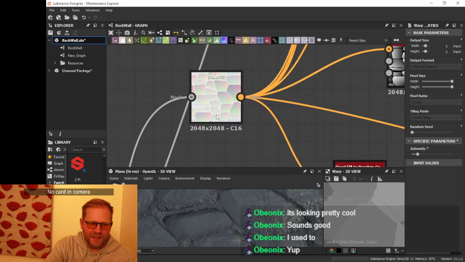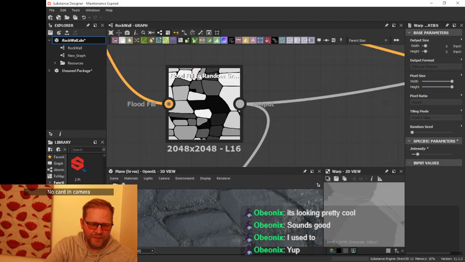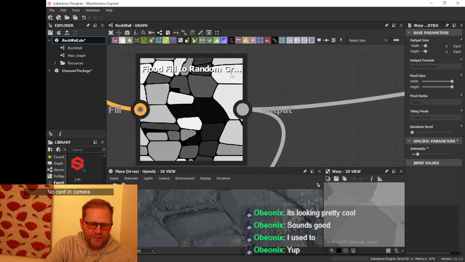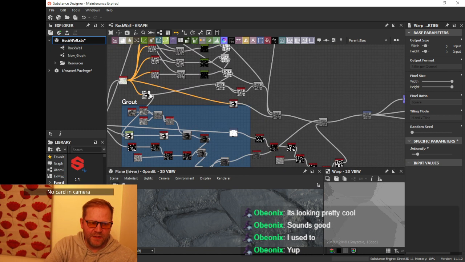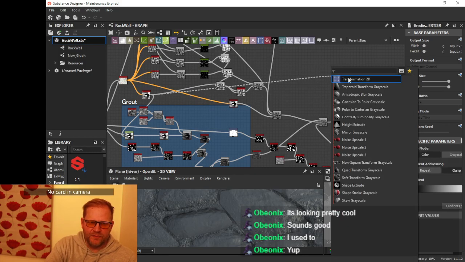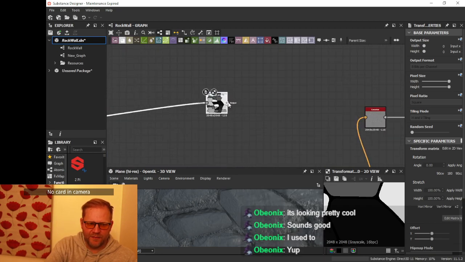We've got this guy here, this flood fill. And then we've got the flood fill to random grayscale. So I think this will be our friend here. I think this one here, I'll just take this and then I'll transform this out. And I think this will be like the color of our rocks here. So if I add a gradient to this,